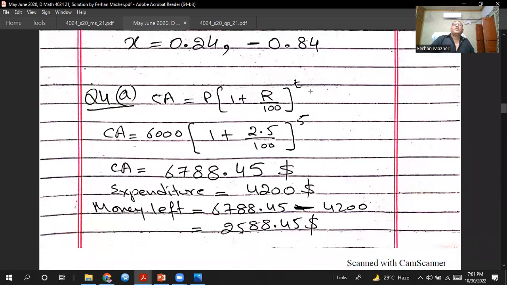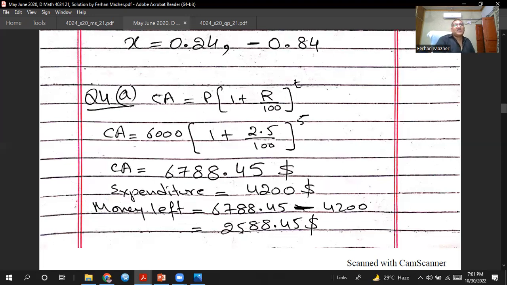So here we go. The compounded amount will be equal to the principal amount, bracket start, 1 plus r divided by 100, bracket close, raised to power t. The principal amount is 6,000, bracket start, 1 plus the rate, 2.5% per annum, divided by 100, bracket close, and the compounding will be done for 5 periods. So the time is 5. You just have to enter this in your calculator. The method is very simple. In your calculator, you will write 6,000, bracket start, 1 plus 2.5 divided by 100, bracket close, raised to power 5, equals, you will get